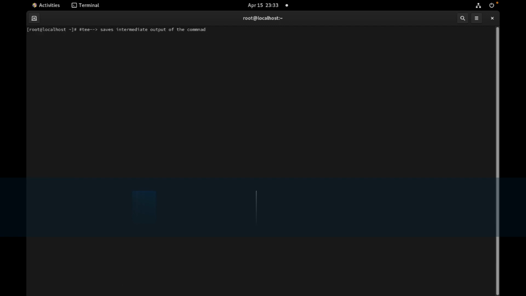This command will show you the final output on the terminal. But if I want the output of this command to be saved in one file, after sorting it should be saved in the next file, and after the final output it should be saved in a third file, how can I do that? For that,